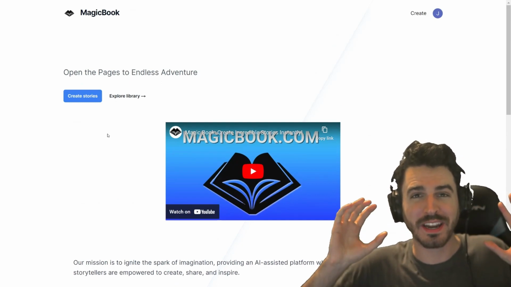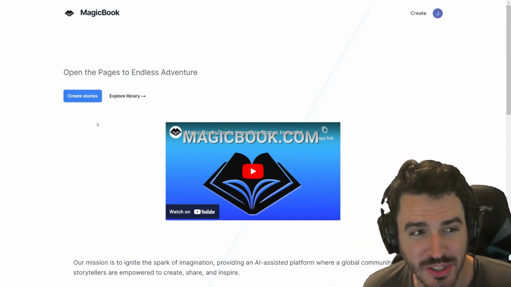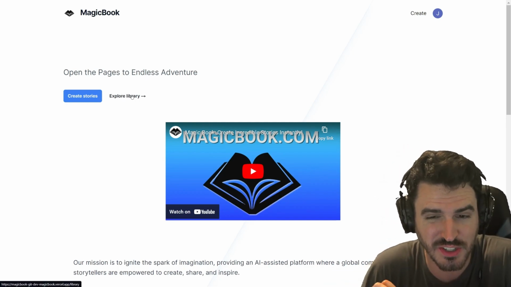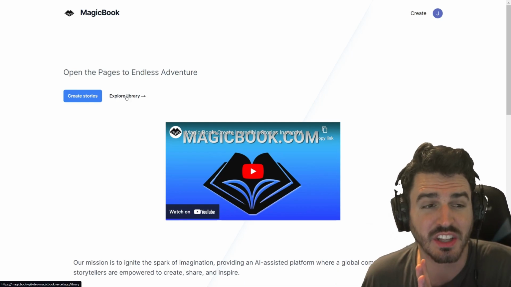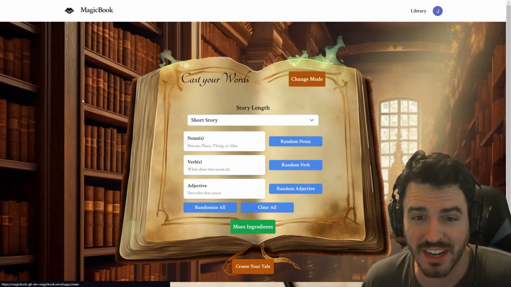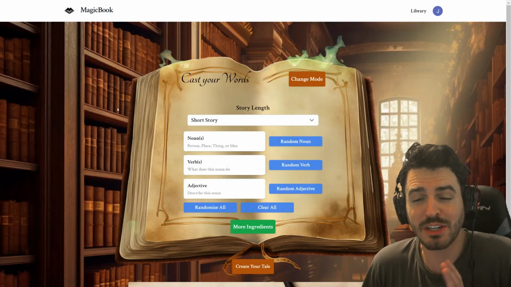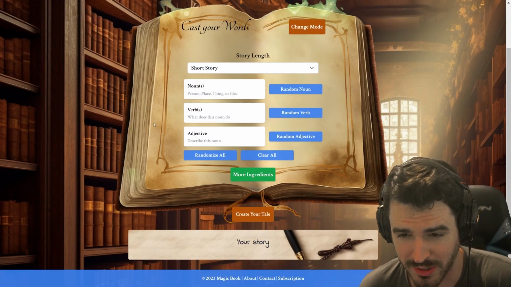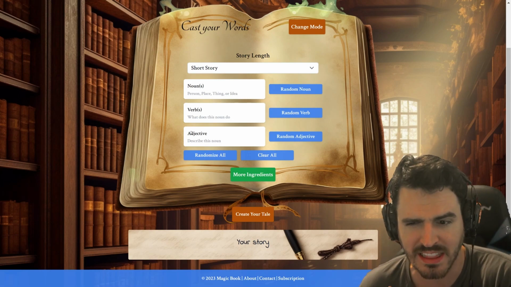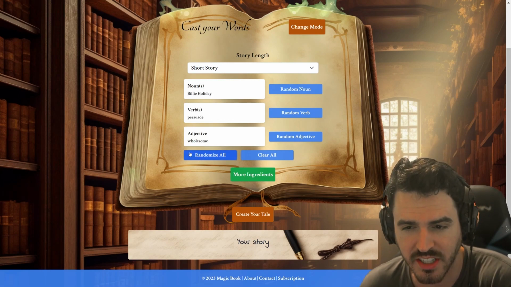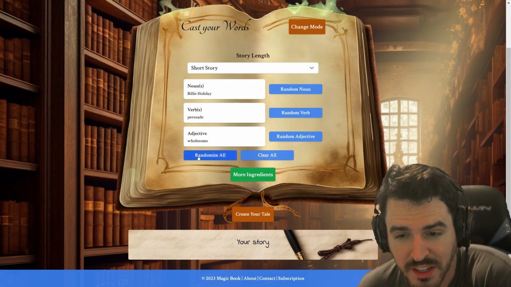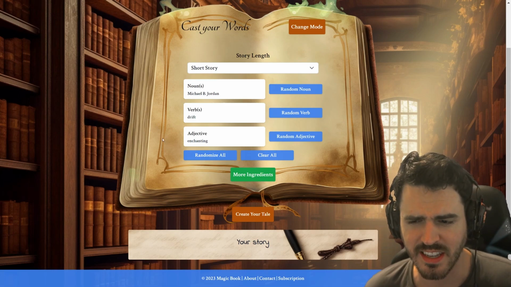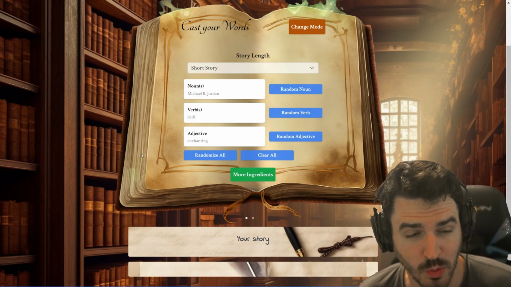So there have been a lot of great upgrades to Magic Book. First, you'll notice, well, this is in the dev version, but it's going to be pushed out very soon. The library is in the works. I'll show you that in a second. But first, let me show you some of the improvements that we've just made to the story generator. So here you can see the Mad Lib style noun, verb, adjective. We could just put a random here and get some random things. But let's see what happens when we actually create a tale.